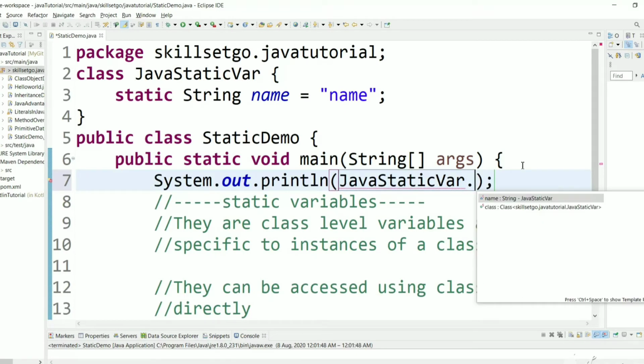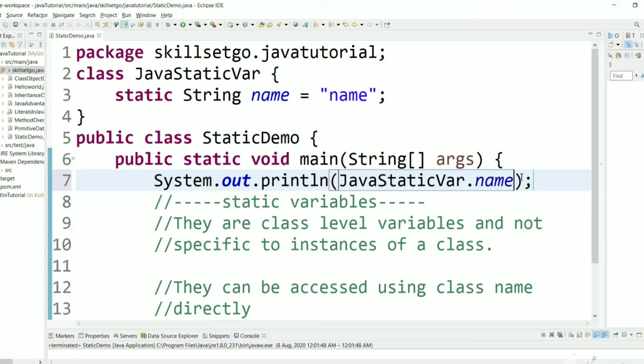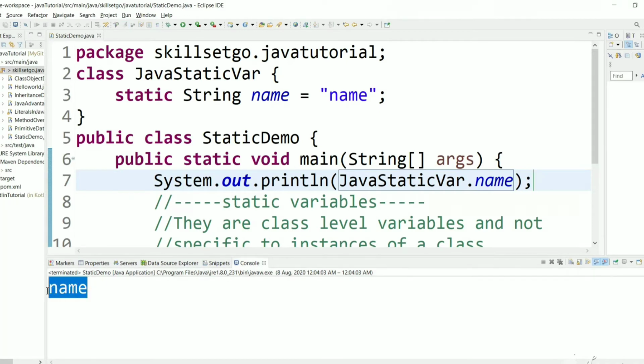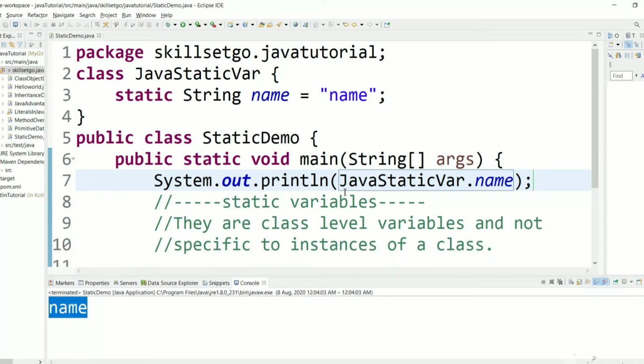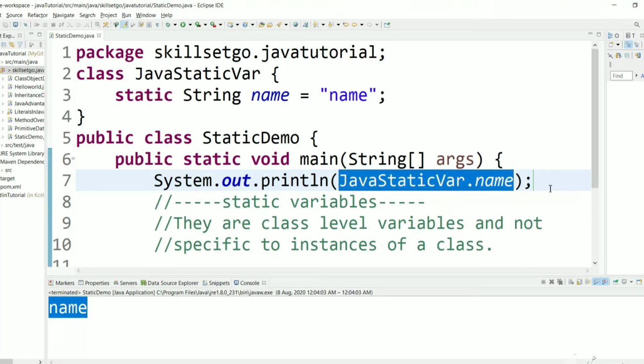Using this class you can access name because this is a static variable, and if you print this value we will get the result. See, we got the result as expected. We can also change the value using the Java class.